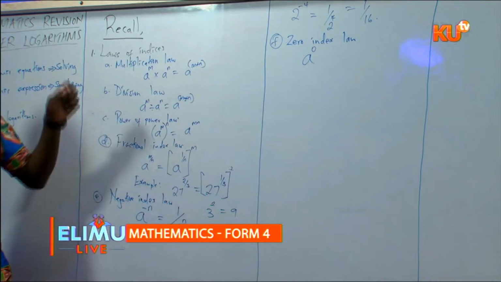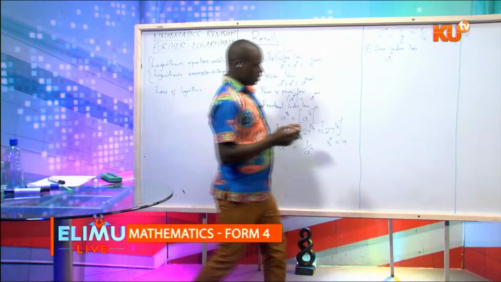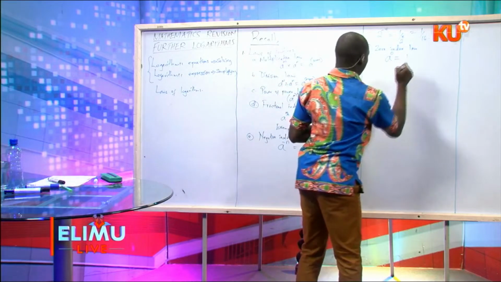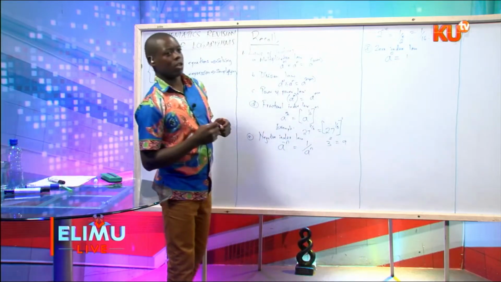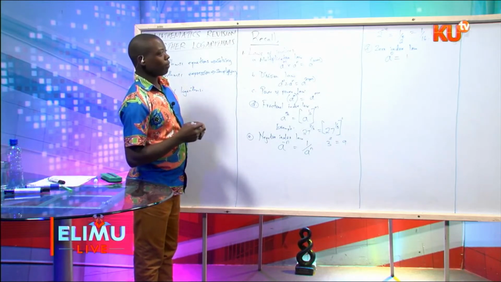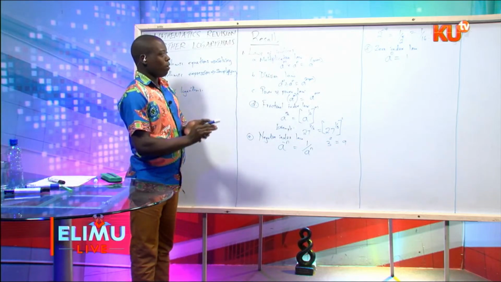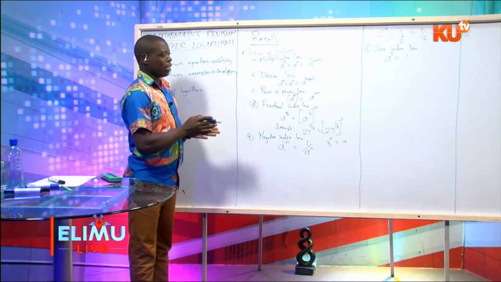This does not mean a times 0. It means a power 0. And so zero index law, any number power 0 is 1. So that is what we call the laws and the principles of indices that we looked at in Form 2